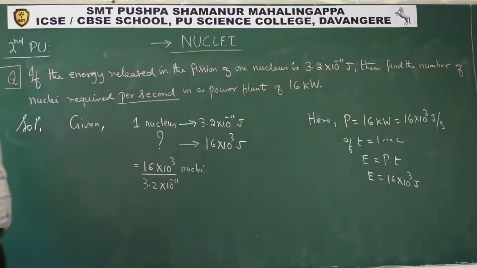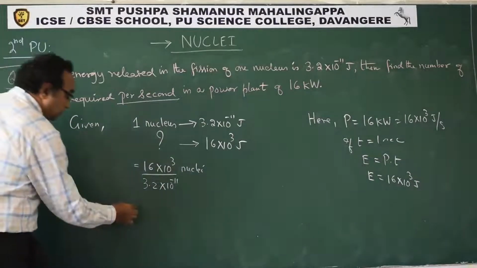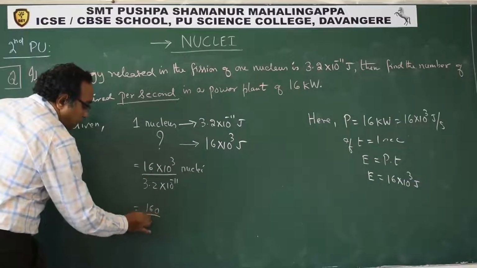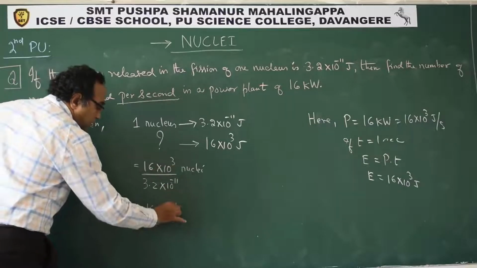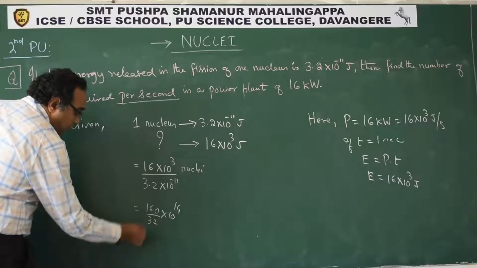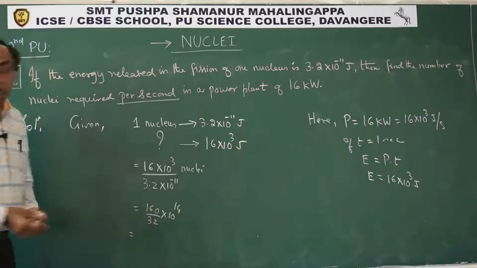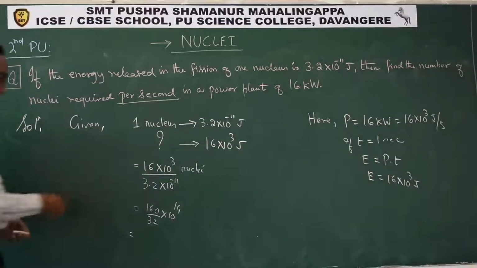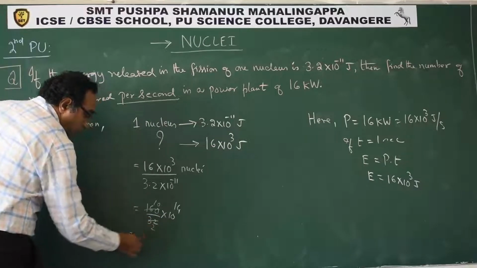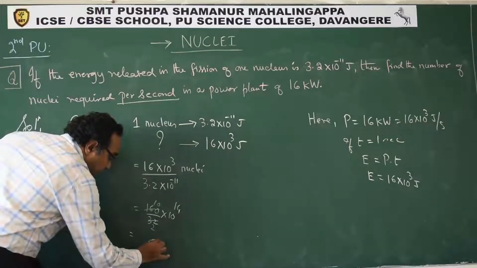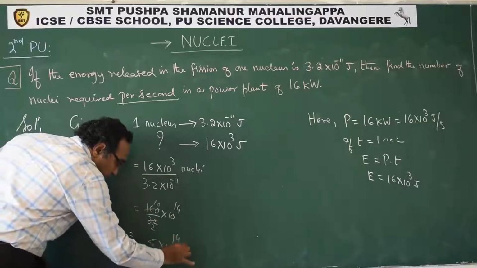nuclei. So this will give us how much? 16, 160, you can write 32, and you can write 11 plus 3, this is 14. So you get this as 5 × 10^14